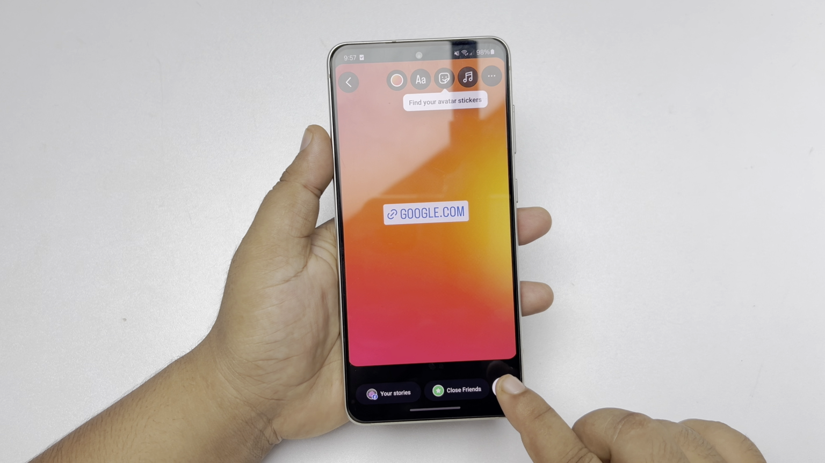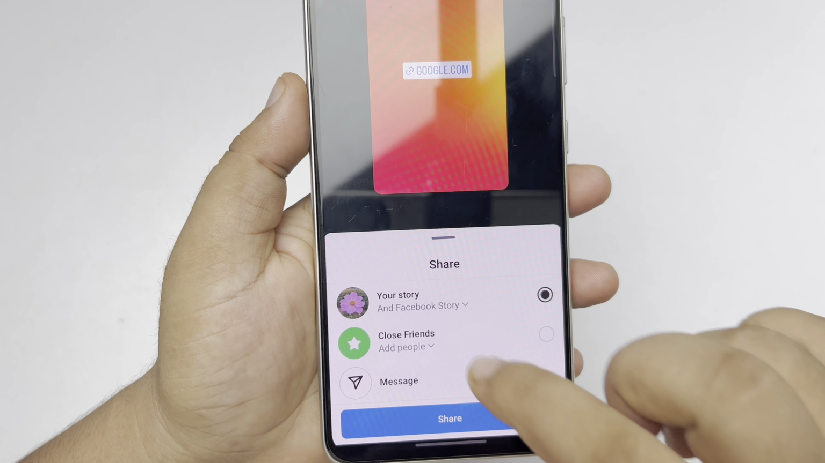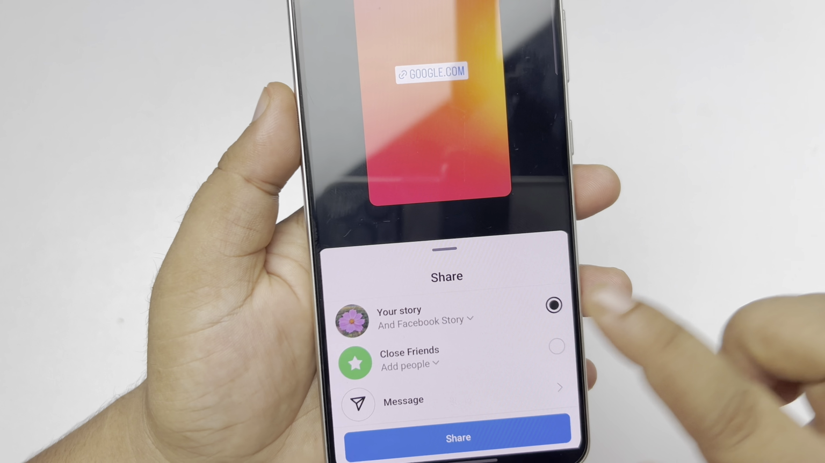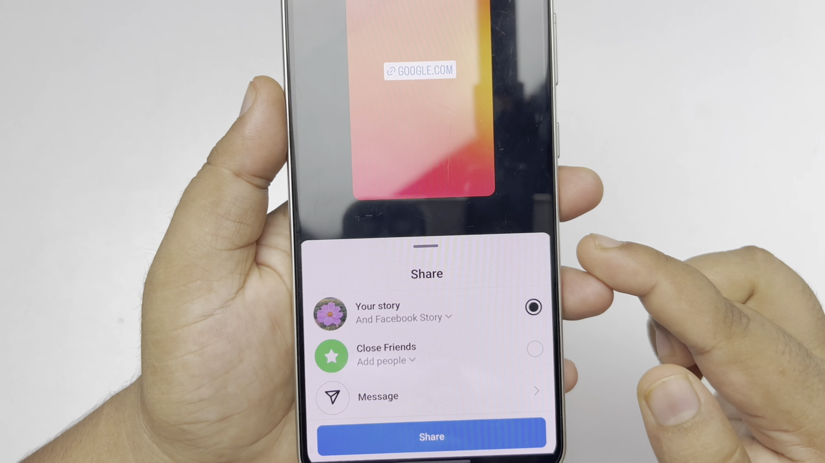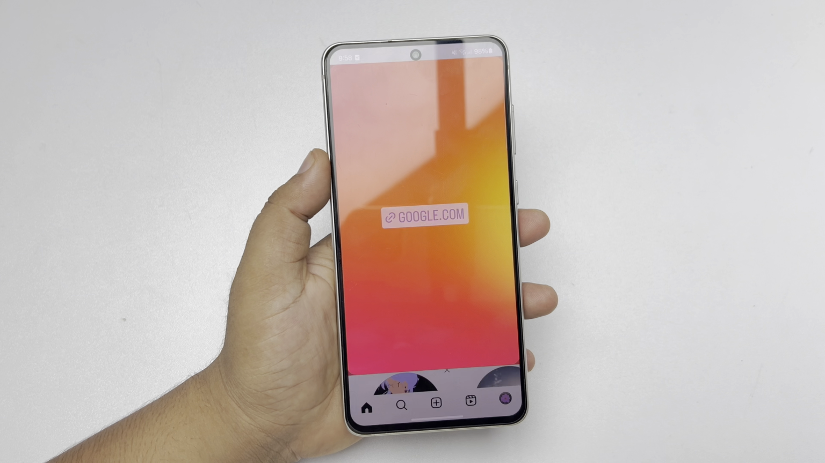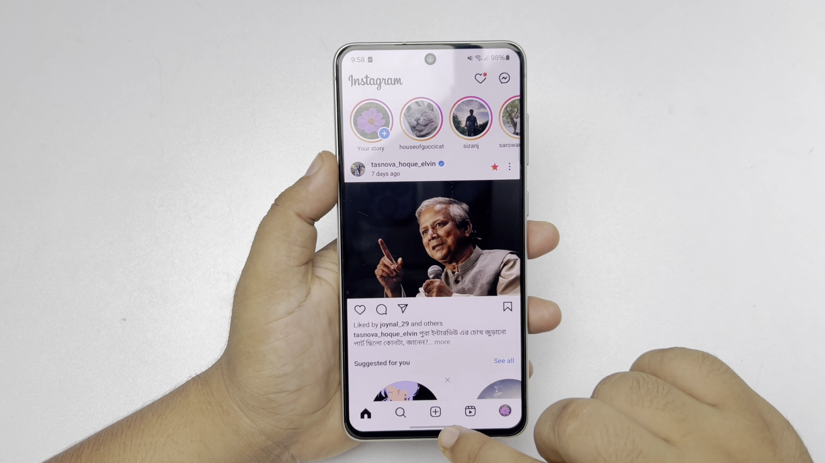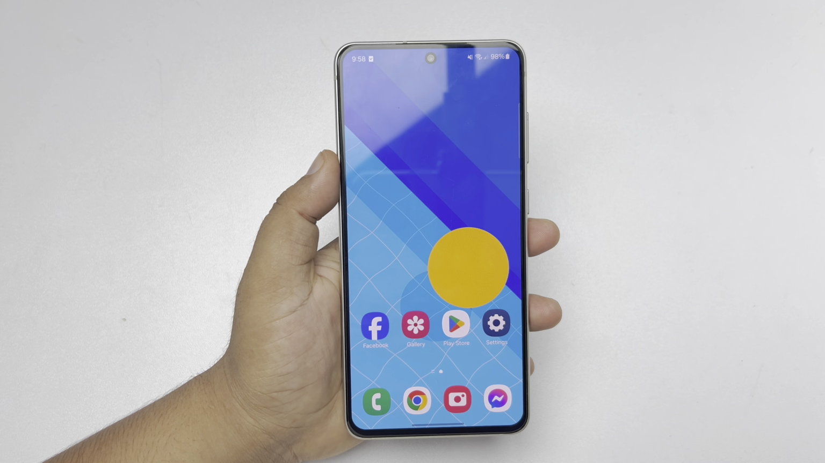and tap on Share. And on your story, make sure to click here and make sure to select the Add Facebook Story option, and then just share this story. Once the story is added, now I'm going to open my Facebook,